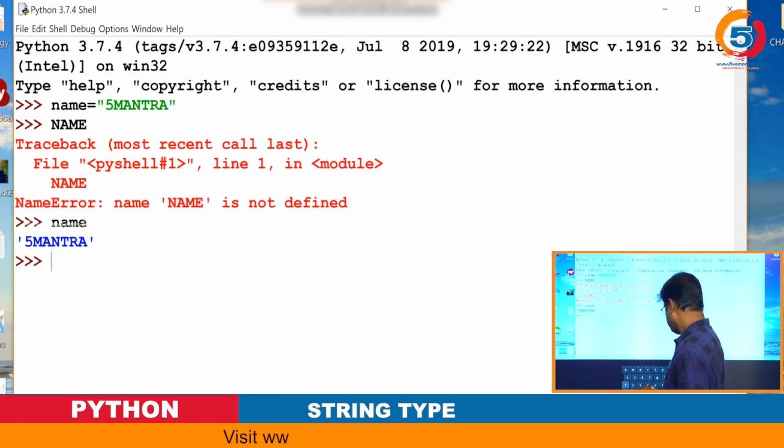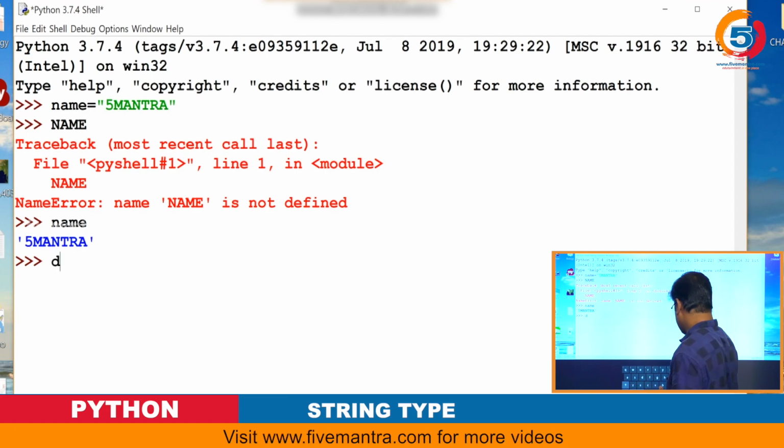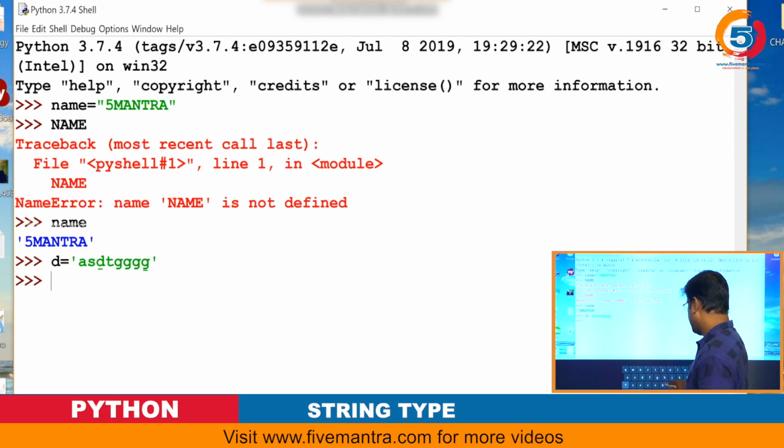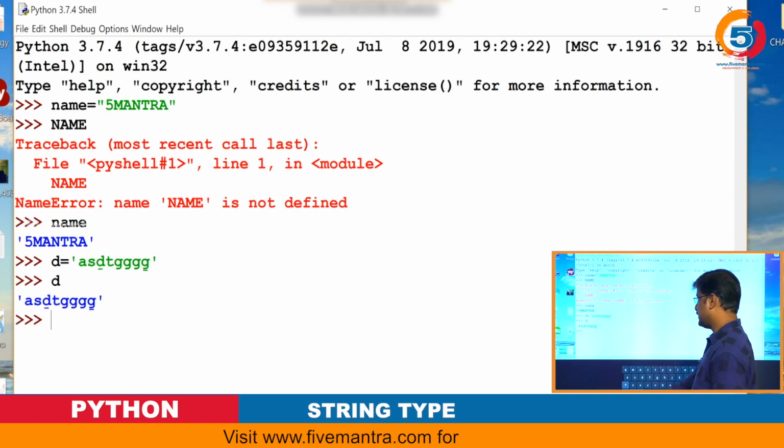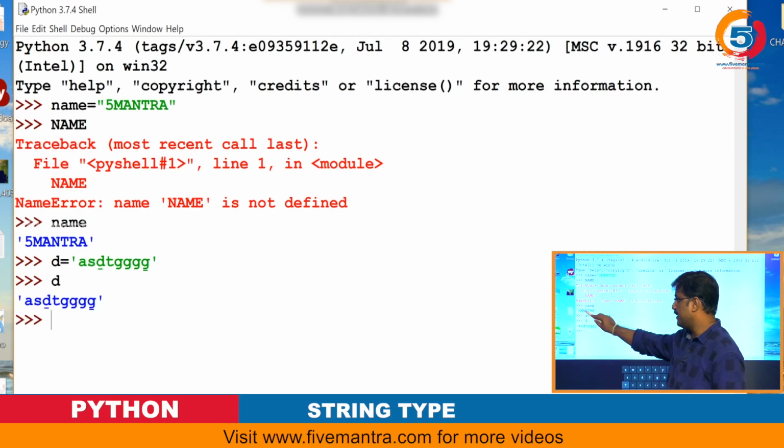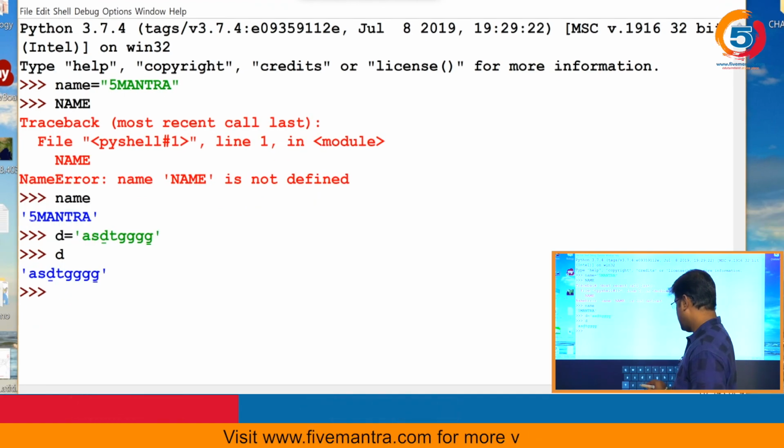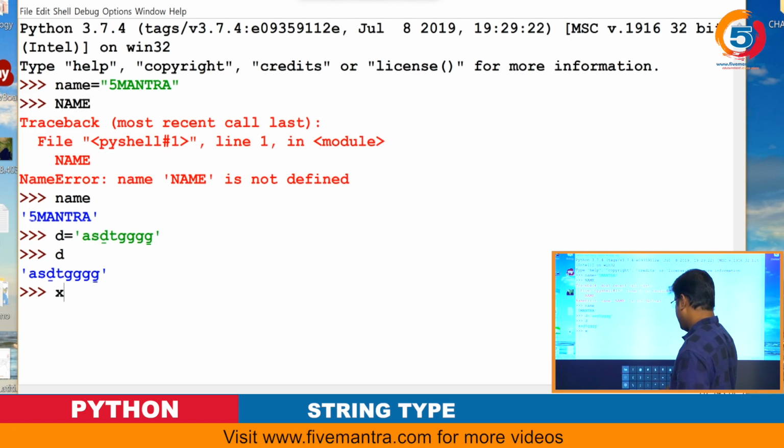Now I want to represent it in the other format. This is d equal to my variable name, and in this I'll go with single quotes, like the other variables I have. Now if you go with d also, you will get the same representation. There is no difference, right? 5mantra is also the same. Now I want to go with the other format, that is x equal to, here, 1 2 3,